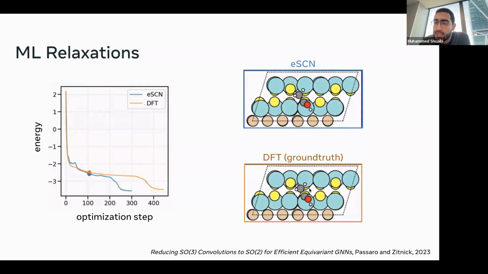So on the right, you kind of see how the atom begins and how the atom ends in this lower, more favorable position. And the idea here is the top is the ML model, and the bottom is the ground truth computational tool. And what we can see here is that they get really close; the energy values are very comparable. And what's amazing here is this took almost over a day to compute, while this took like 5 seconds. And it's things like this that we can use these models to then run screening campaigns at a much larger scale.